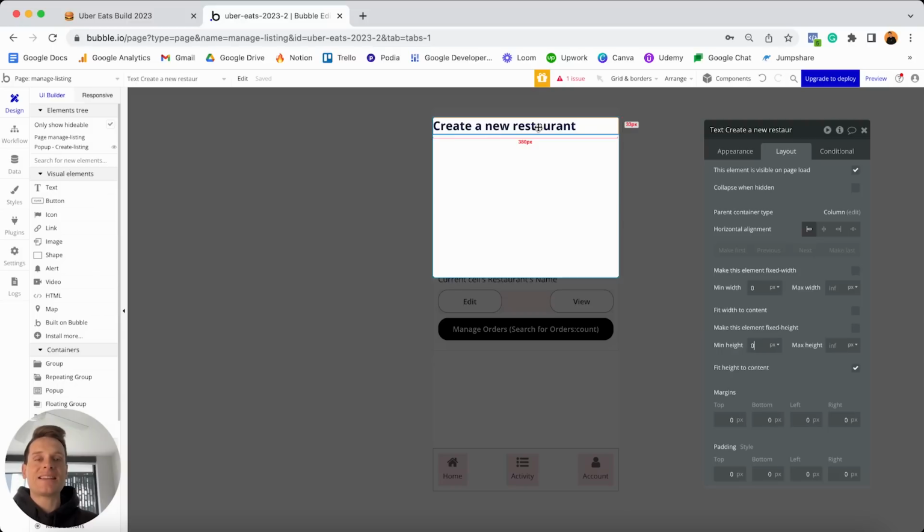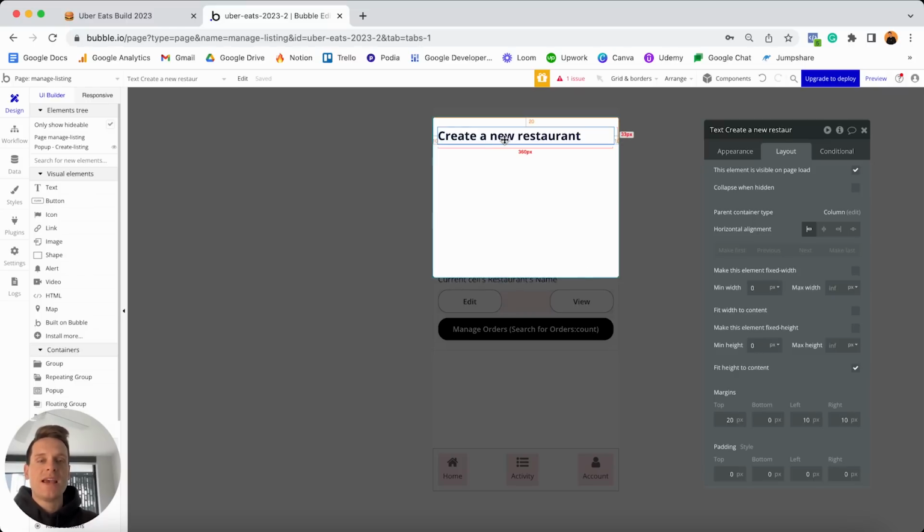And then finally, I'd like to add in some margins around this text element, so that way it doesn't touch the borders of my pop-up. So I'm going to add in 20 pixels of margin at the top. I won't add any on the bottom, but I'll also add in 10 on the left and 10 on the right. Then from here, below this text element, I'd like to add yet another, and perhaps a way to streamline